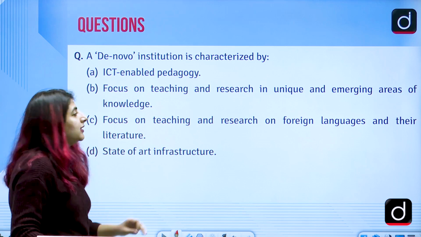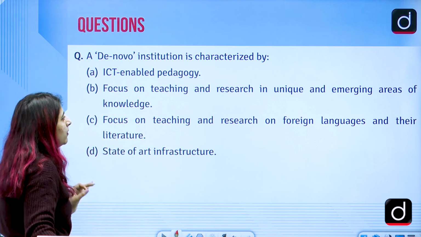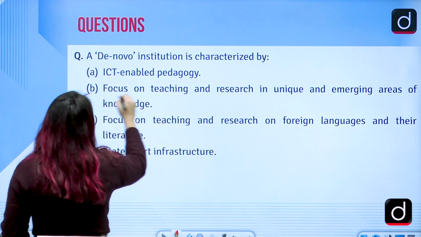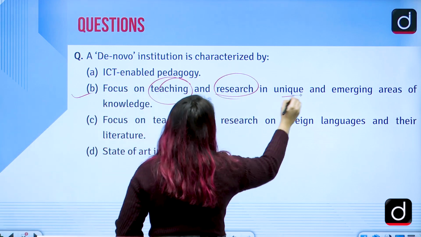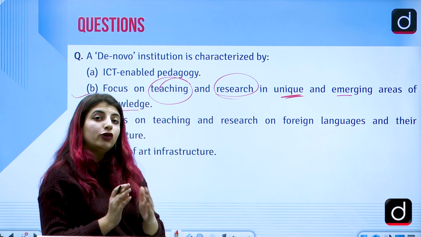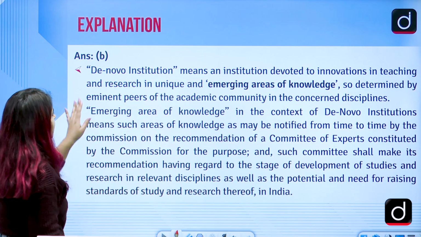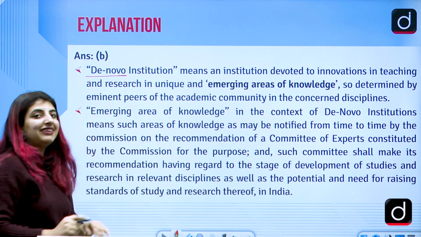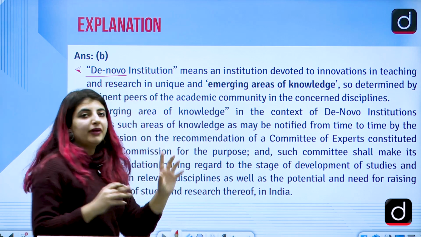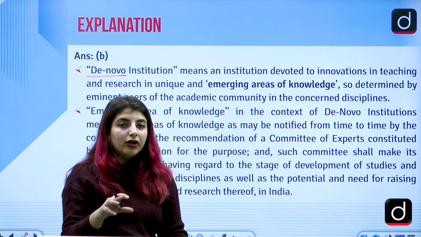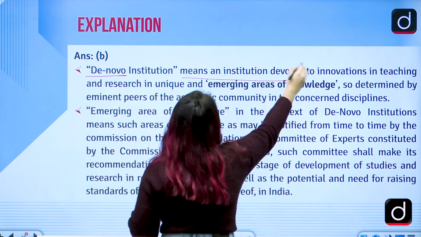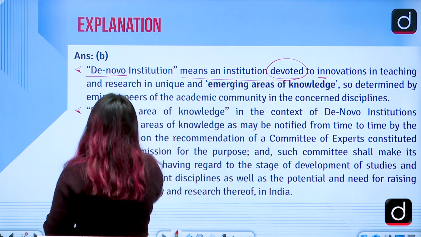Next question that I have for you is, a de novo institution is characterized by what? The answer to this question is option B, that is focus on teaching and research in unique and emerging areas of knowledge. Let's read it from here as well. De novo institution means an institution devoted to innovations in teaching and research. Basically any field which has not yet been explored in the teaching and research part, any institution which turns to do that, devoted to innovate anything related to those very fields,